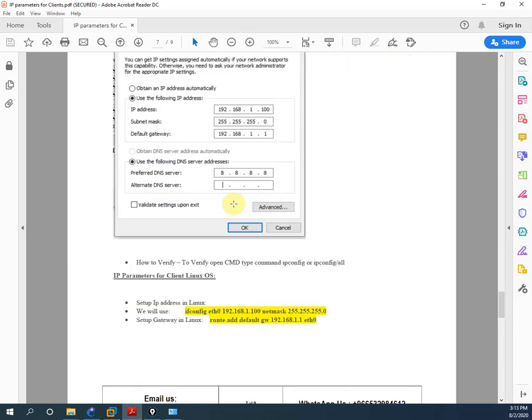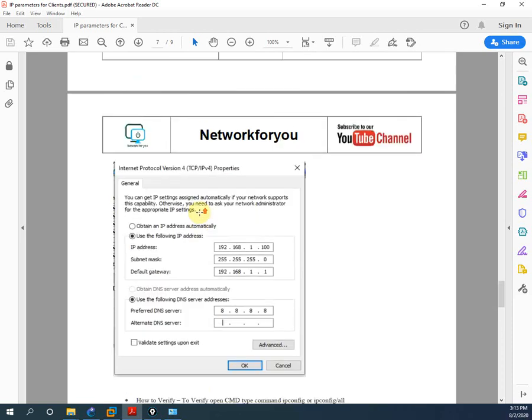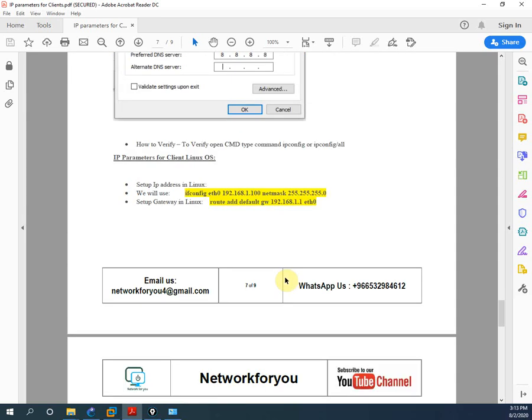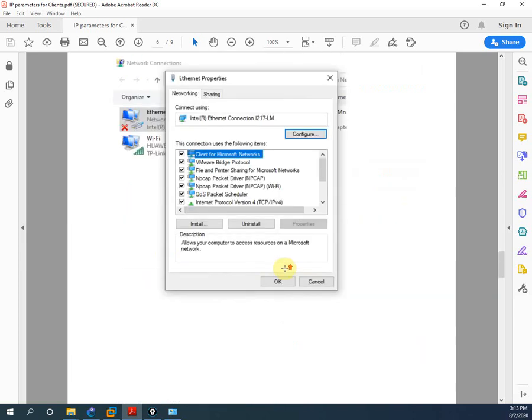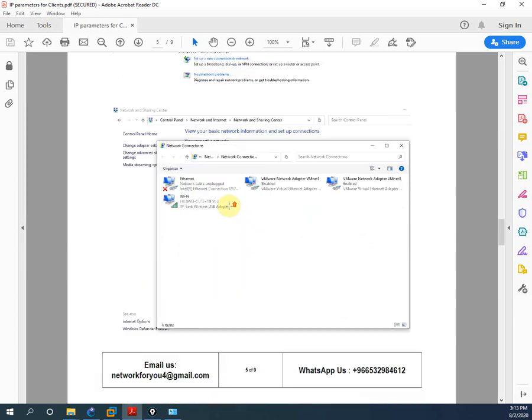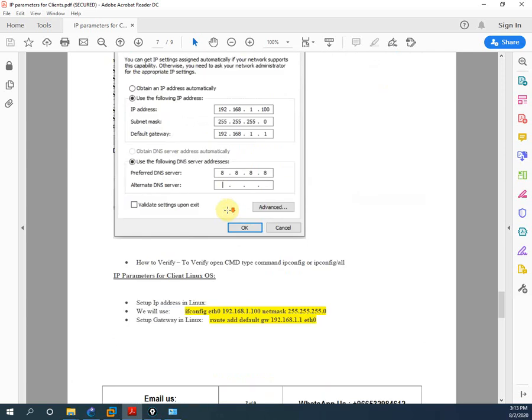We need to know how we can assign the IP address and how we can verify the IP address in our Windows system, Unix system, as well as Mac. Mac I will not show because I don't have a Mac. Mac is similar to Linux also, so I will show in Linux. So till here I hope no issue, no doubts. This is basic. In Windows we are using like this. Anyhow, I will give these notes so you will have the idea.